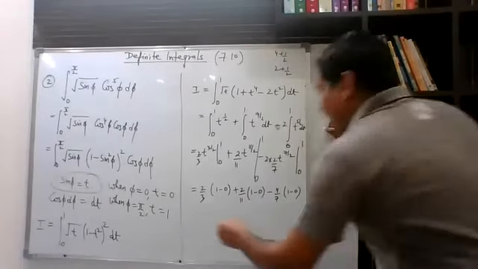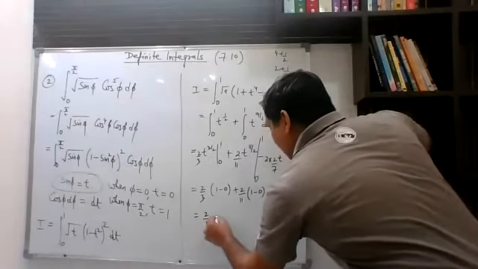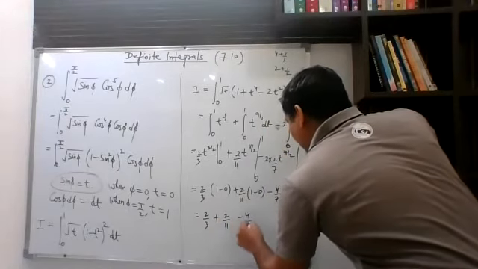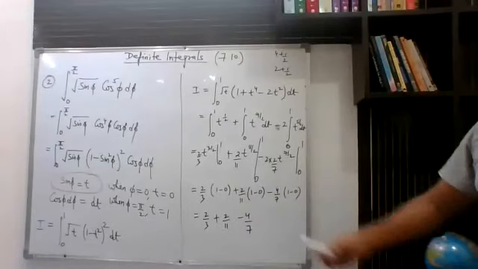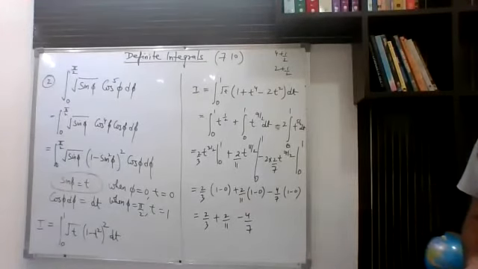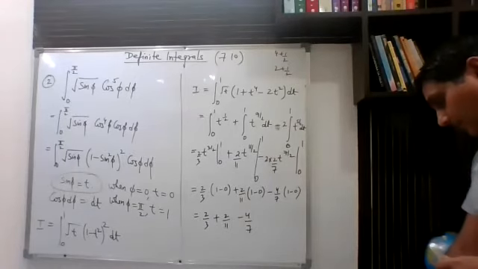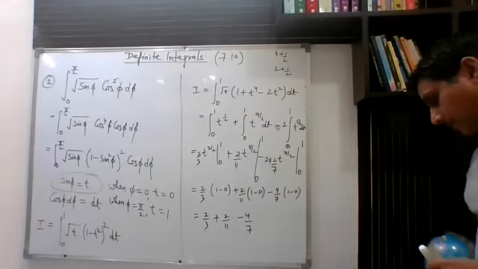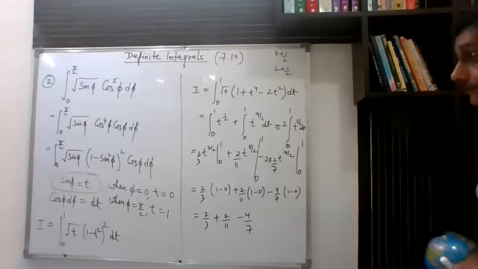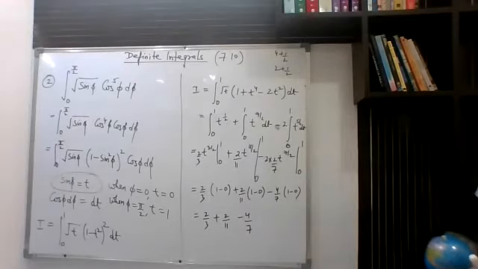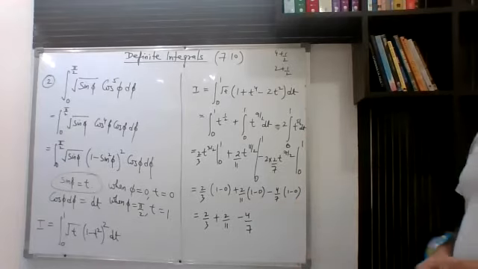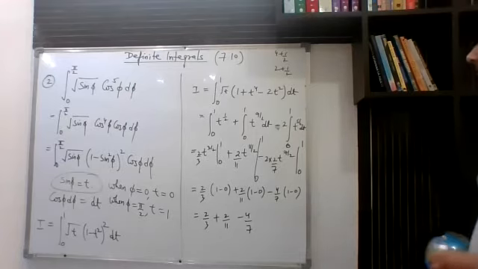So now, after calculations, we can write this as 2 by 3 plus 2 by 11 minus 4 by 7. So it's a simple calculation. Take LCM and then calculate the final answer. So complete this question yourself. Just the last step you have to do is calculation work. That's it. This is a standard 4-marker question.